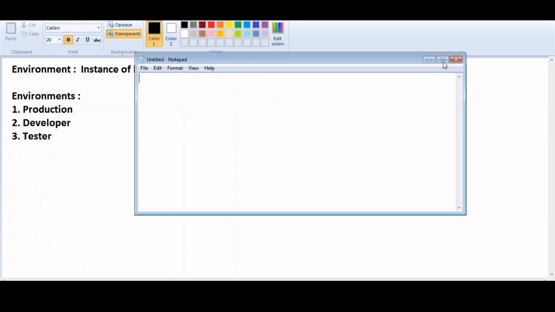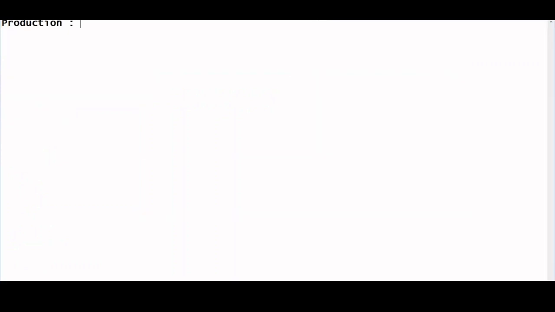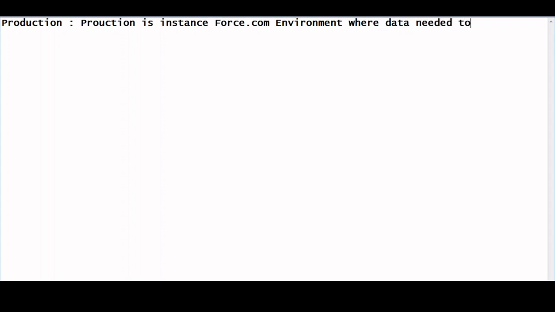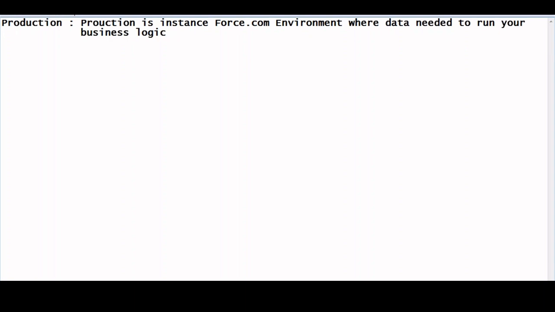Production is nothing but instance of force.com environment where data needed to store, where the data needed to run your business logic is stored. Let us say I was trying to deposit